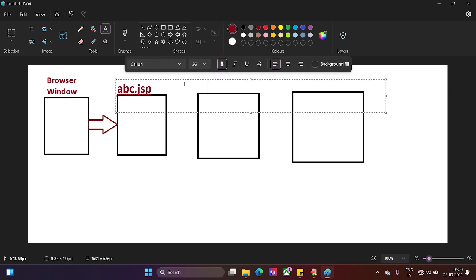This is my abc.jsp. And here my abc.jsp will get converted into abc underscore jsp.java in the case of Tomcat. Whereas in the case of WebLogic,